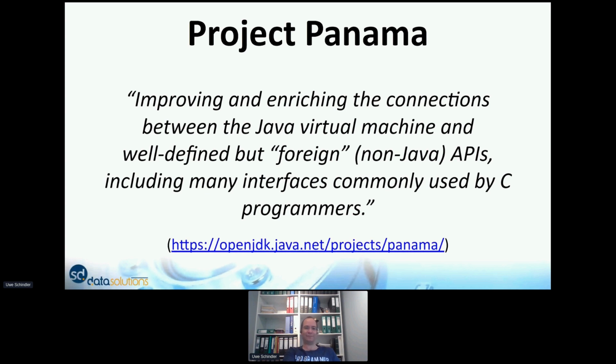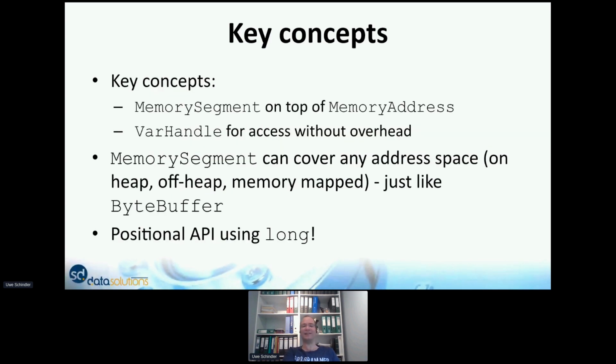So what does it mean? The key concept here is something which is also interesting for Lucene. The first thing is we have so-called memory segments on top of memory addresses. A memory segment is more or less the same as the byte buffer that we have seen before. And the second thing is we have VarHandles, which is a new feature since Java 9.